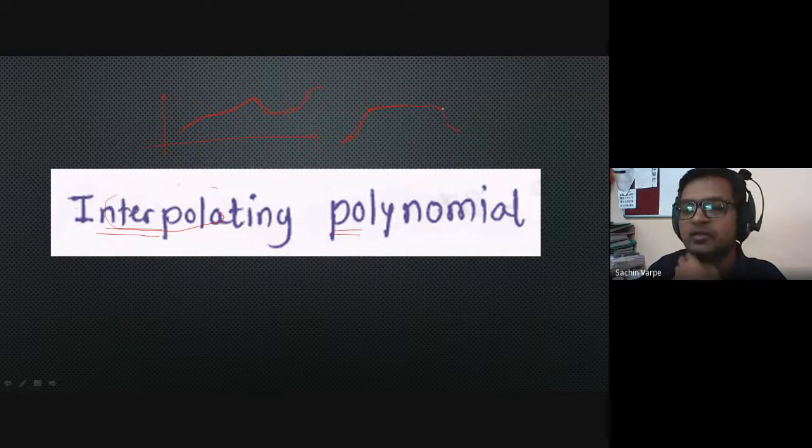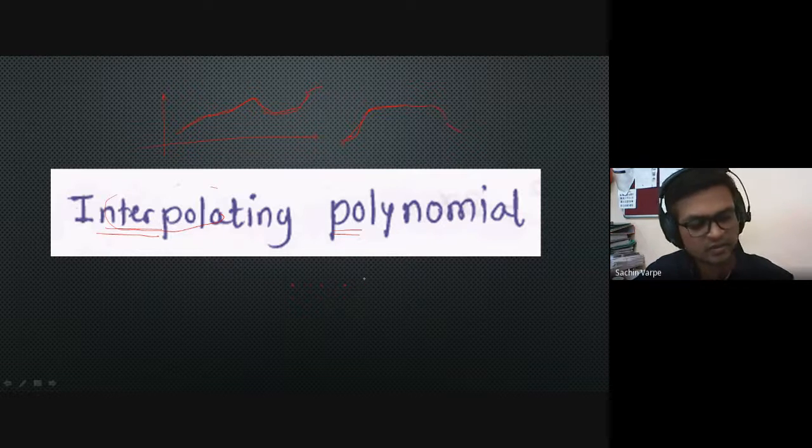Okay, continuous curve. So we are approximating that polynomial, and that approximation is called an interpolating polynomial. So what we are doing with the given points is finding such polynomials, y equals f of x, as an interpolating polynomial, and that will be asked to find in the exam also.